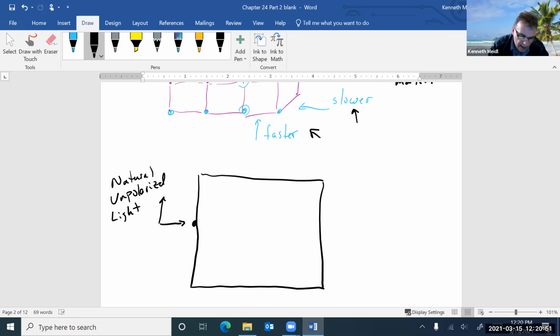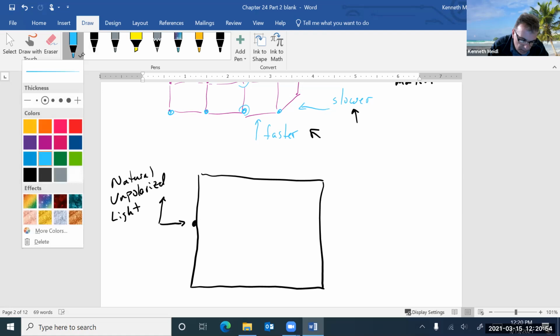an X component and a Y component. But this material, because its atoms or its molecules may be more densely packed in one direction than the other direction, these two components are not refracted the same, because you have two different indices of refraction. So when the light comes in,